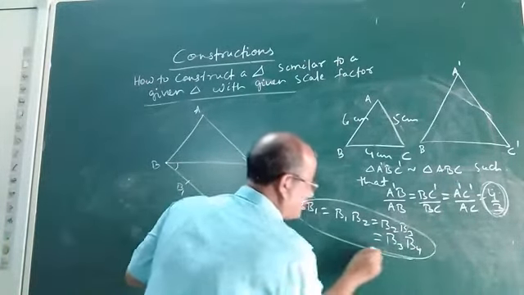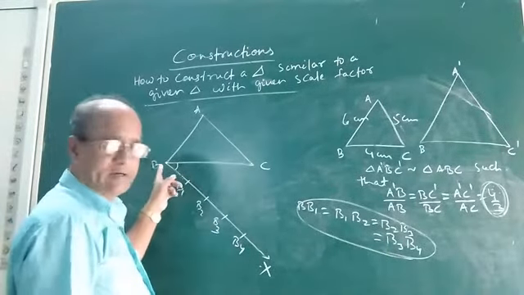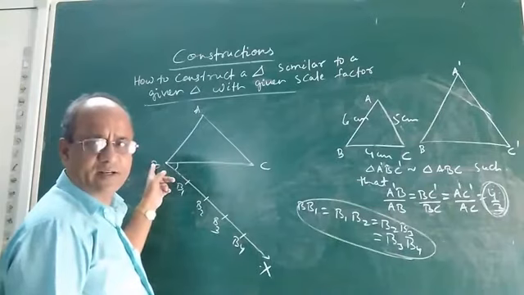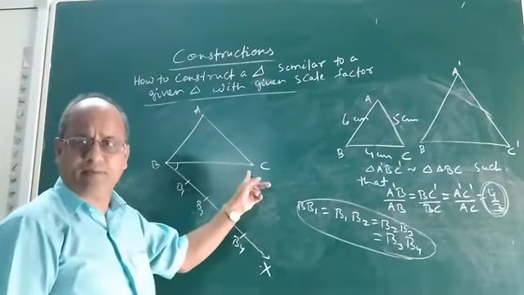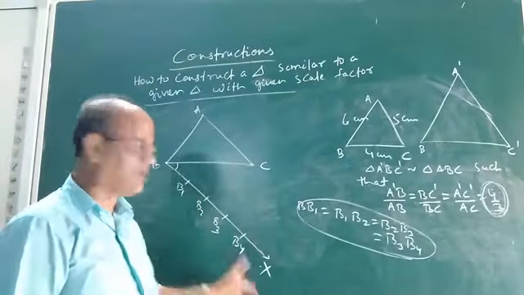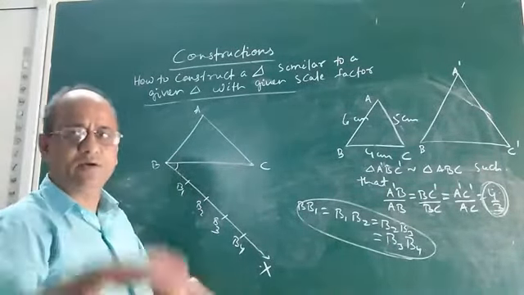All the 4 arcs must be the same, they must be of the same length, okay. So, after constructing an acute angle at the vertex B below the base BC, we got 4 equal arcs. Suppose we name the 4 arcs as B1, B2, B3 and B4, okay. What is the next step?